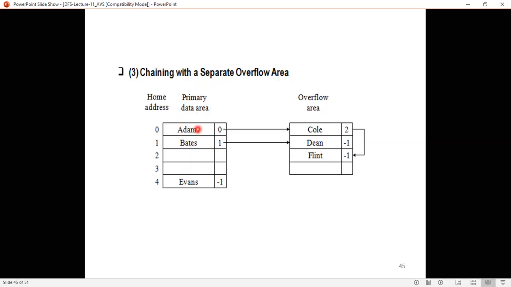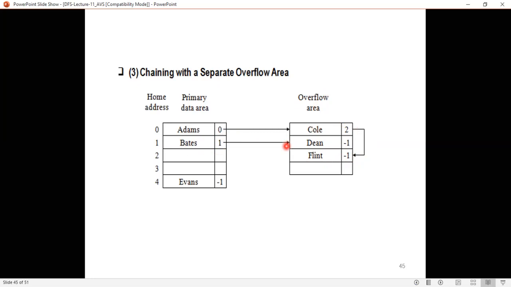And the rest of the synonyms, see, with Adams you have two more synonyms, Cole and Flint, isn't it? With Bates you have one more synonym, that is Dean. All these are stored in the separate overflow area. Here Adams 0 is pointing to the 0th address in the overflow area, that is Cole, and then you have the linked list 2 pointing to the next synonym. Same way for Bates, the RRN of this overflow area is stored here as the link. It points to that particular overflow area there.